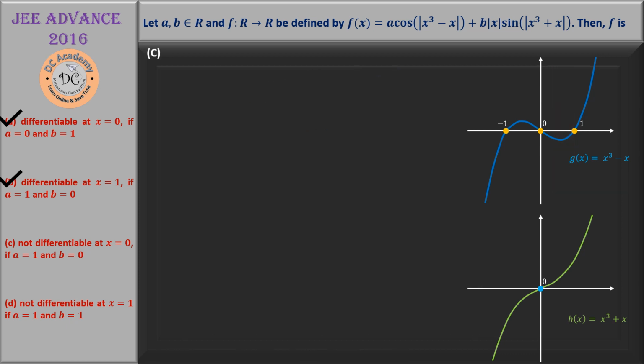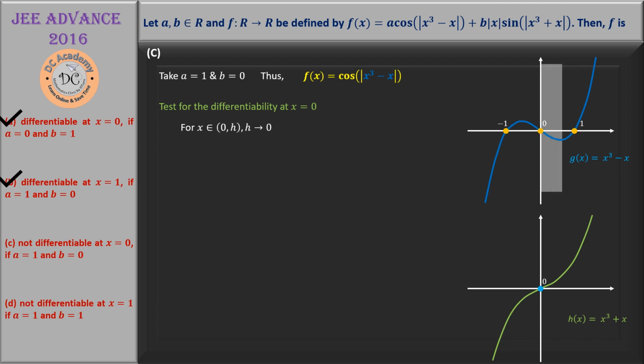For part C, again, a equals 1, b equals 0, so f(x) is equal to the cos function, and we have to test the differentiability at x equal to 0. So first we consider the region 0 to h, where x cube minus x is less than 0, so cos of the mod function will be cos of minus (x cube minus x), and as cos theta is equal to cos minus theta,